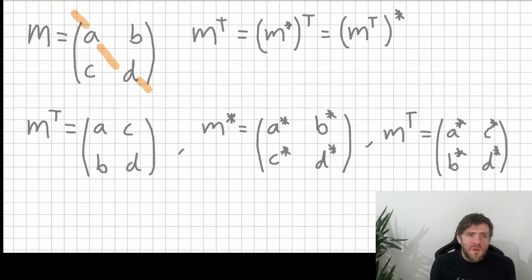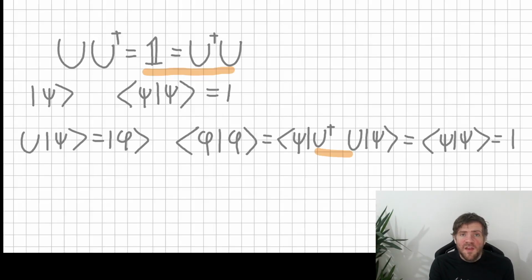Okay, so we have Paulis, and then we have Cliffords, which include the Paulis, but also include